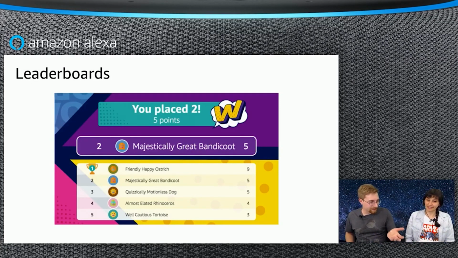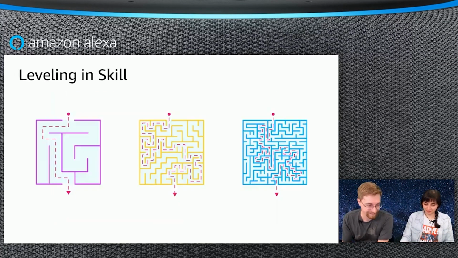We actually just came out with an SDK for it, which we'll talk about a bit later. But this is a screenshot from WordWord. It's a very simple game. You're presented with a word, and you have to say it as many times as you can without taking a breath. As soon as you take a breath, it's over. And that high score is put up on a leaderboard, along with random names and icons. It's kind of funny. And leveling in the game.